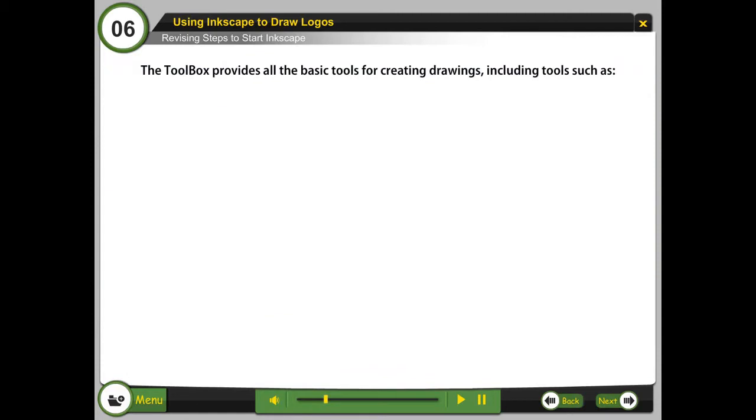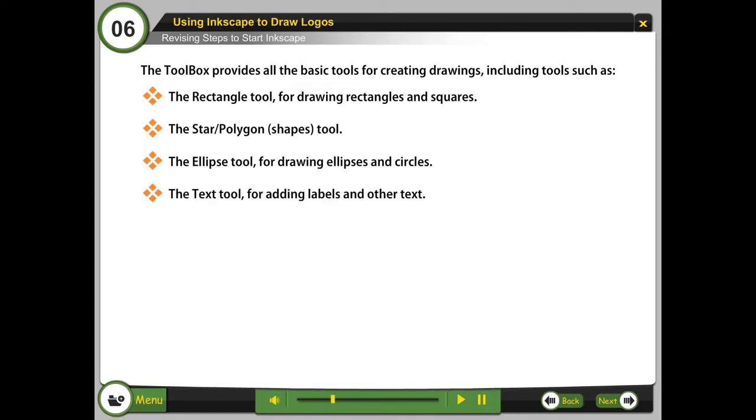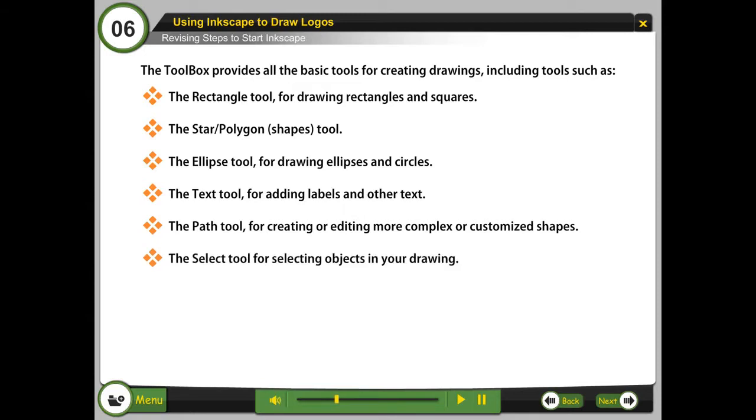The toolbox provides all the basic tools for creating drawings, including tools such as the Rectangle tool for drawing rectangles and squares, the Star Polygon Shapes tool, the Ellipse tool for drawing ellipses and circles, the Text tool for adding labels and other text, the Path tool for creating or editing more complex or customized shapes, the Select tool for selecting objects in your drawing,